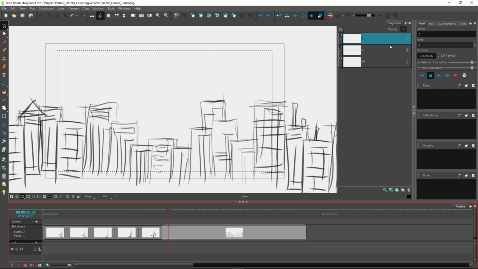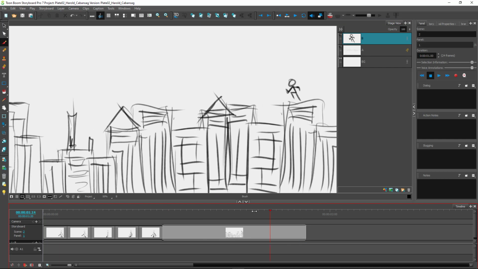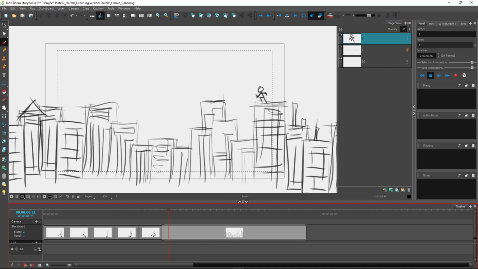So now, here, I will just draw a character. Simple lang, a simple stick figure, because it's from afar. Let's say the character looks like this, in a running position. So the idea is for the character to be jumping around the buildings as the scene is panning. Diba? That's the simplest idea. So the same procedure. I've drawn the element, sir. After I draw the character, the stick figure, I will now turn on my